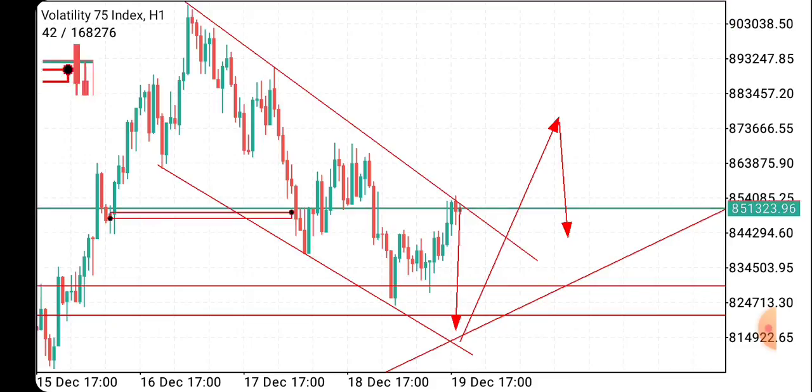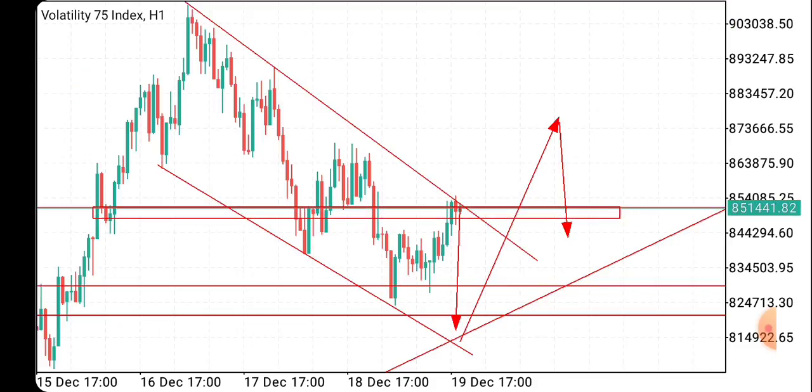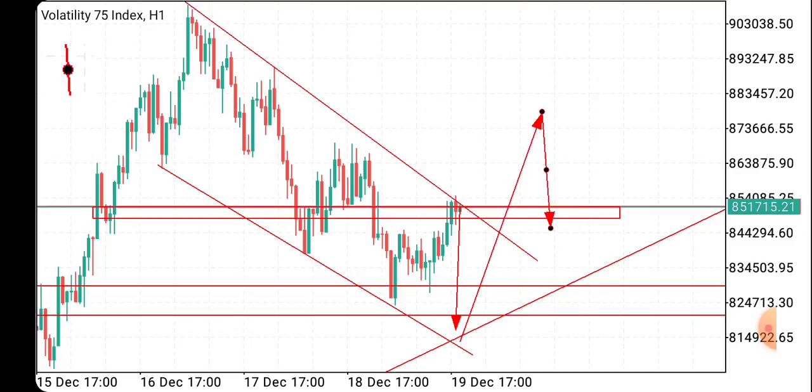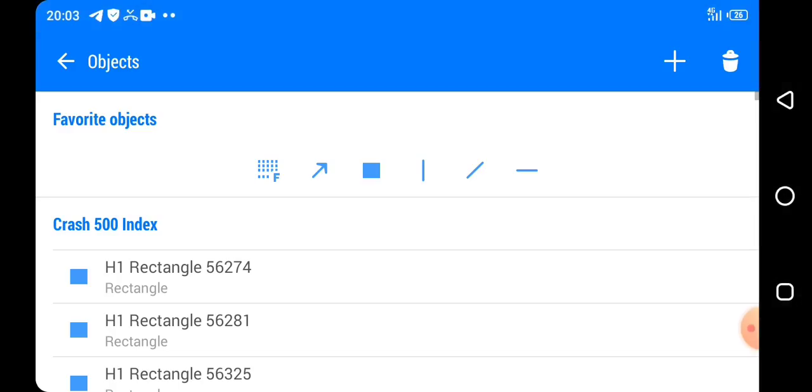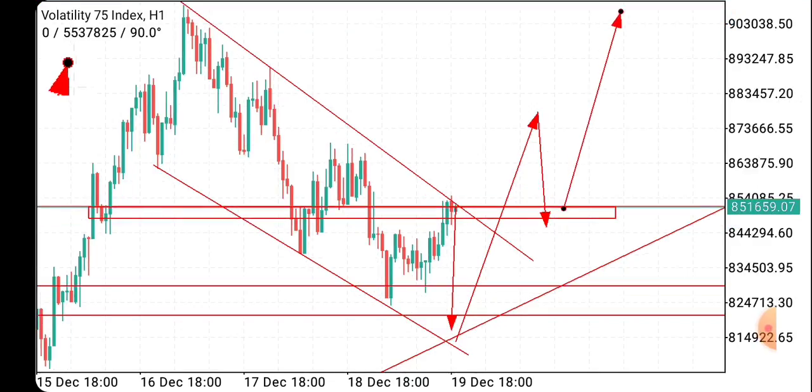When it retests the zone, it will now retest this flag pattern. So when it retests this flag pattern, you see that this is a supply zone where price currently is at. So price will likely be retesting the zone, and when it retests this zone, you are going to see that it's going to continue the trend, and it's going to move powerfully up. So that is our analysis.